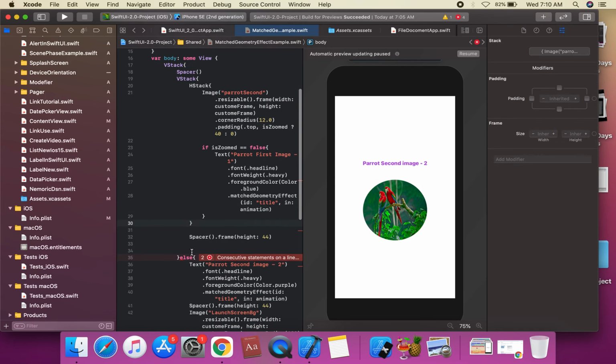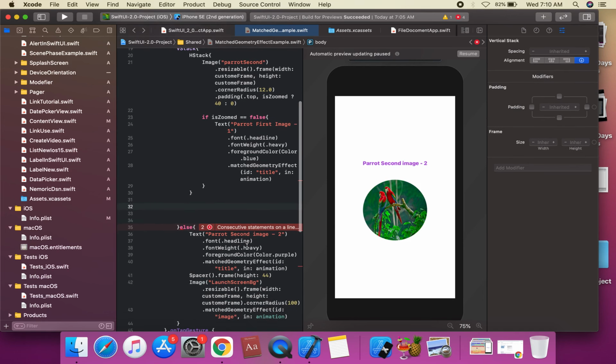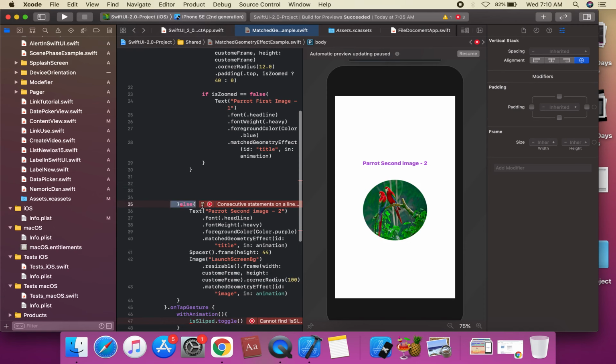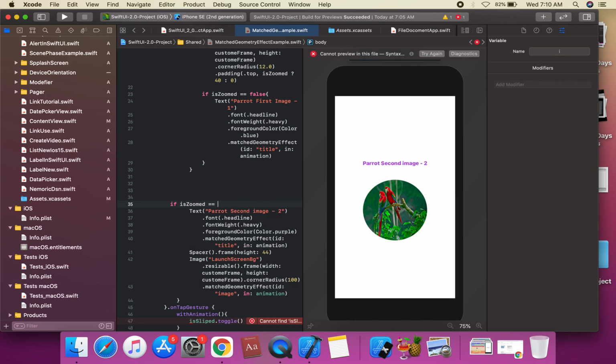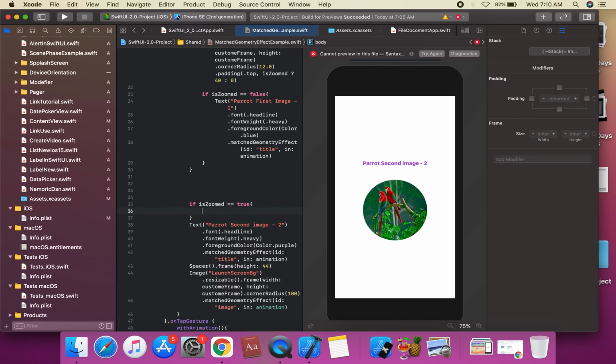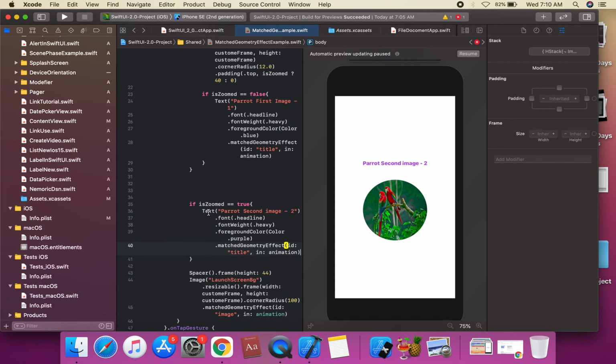When I assign on this hstack, we remove this spacer, and we're gonna create an else statement. We're gonna apply on this condition: if isZoomed is equal to true, otherwise. So we're gonna turn on the text parrot second parrot. We're gonna apply this text second parrot, okay.